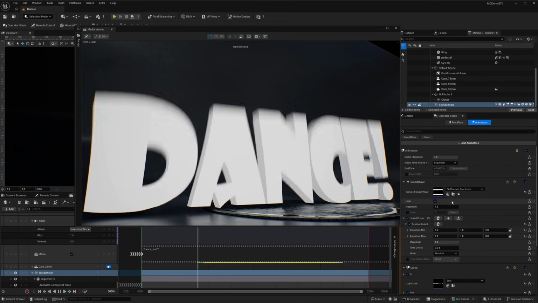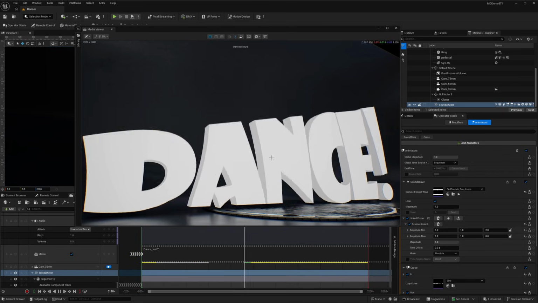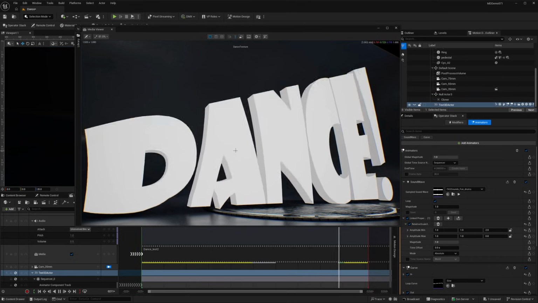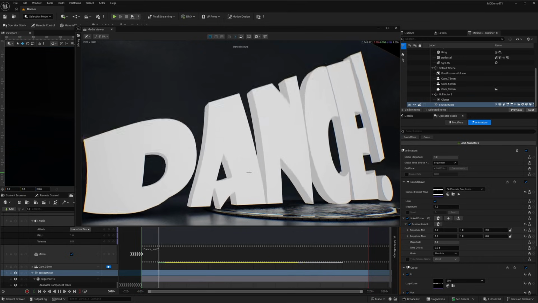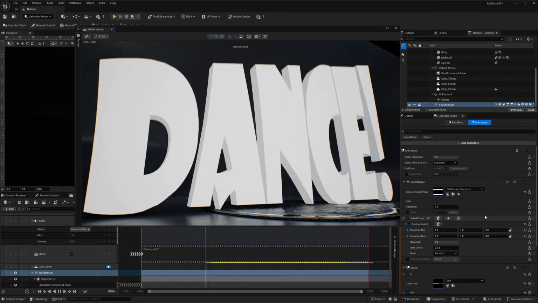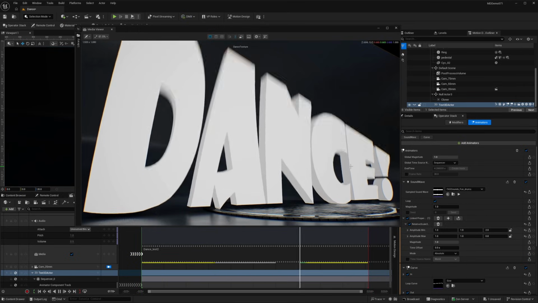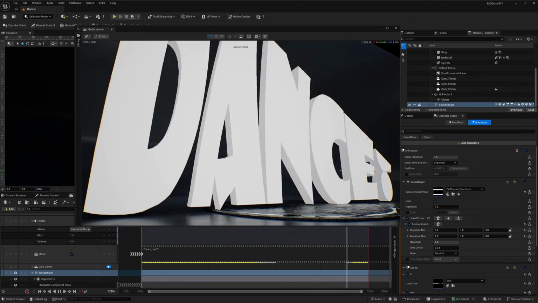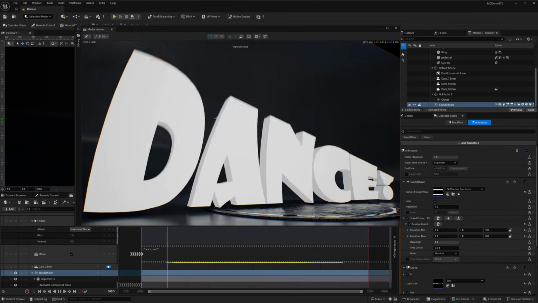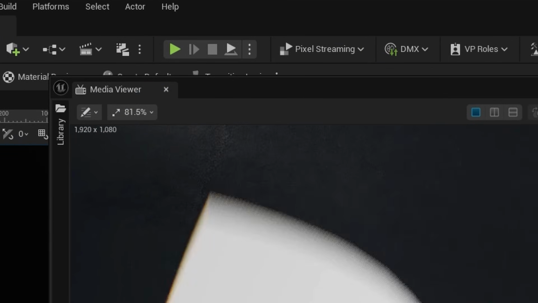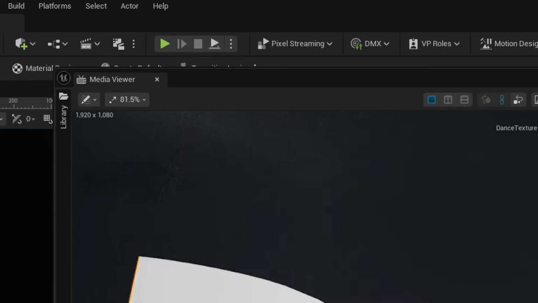Now, the first thing I do want to share is that this particular setup doesn't operate in real time. Given that we have dynamic text that's being converted to a mesh that's then being modified by animators and deformers, this doesn't play back at real-time speeds. So I'm actually playing back a video render using the Media Viewer, which is a new feature in Unreal Engine